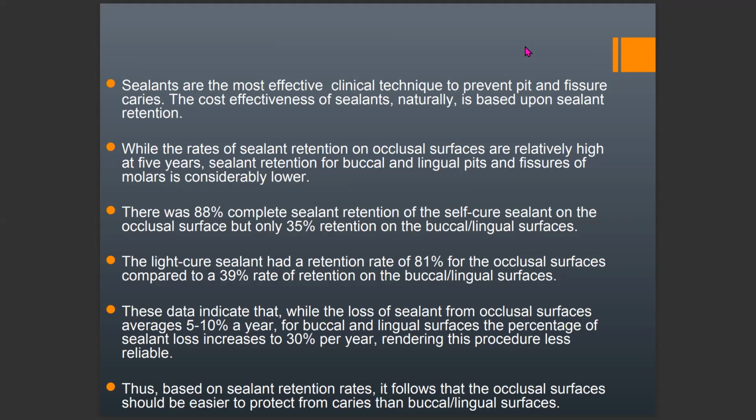These data indicate that while the loss of sealant from occlusal surfaces averages 5 to 10% a year, for buccal and lingual surfaces, the percentage of sealant loss increases to 30% per year, rendering this procedure less reliable. Thus, based on sealant retention rates, it follows that the occlusal surfaces should be easier to protect from caries than